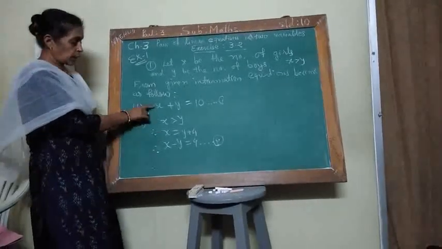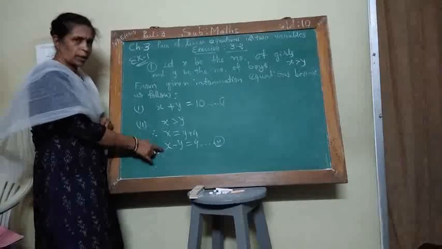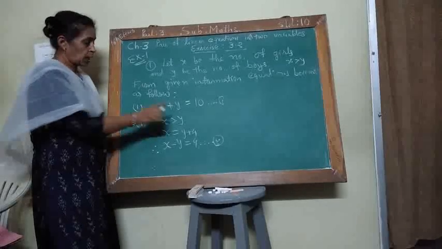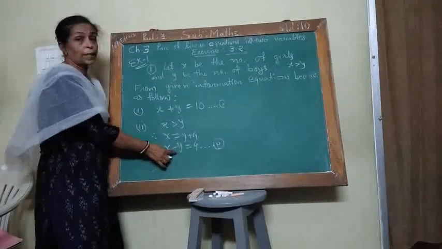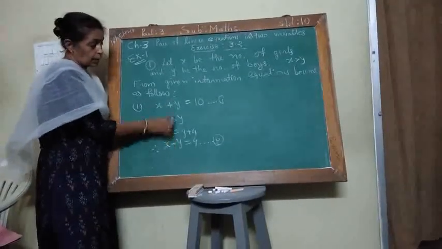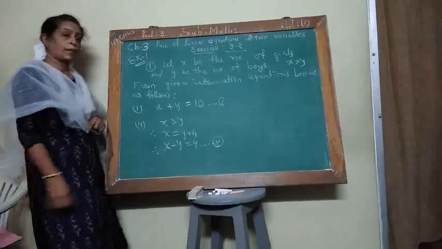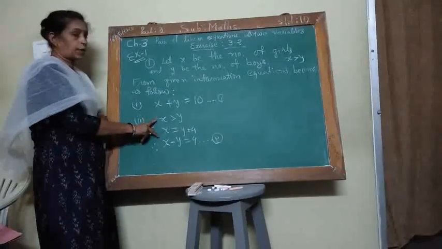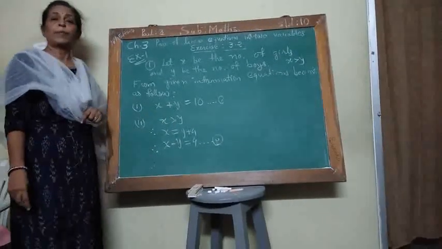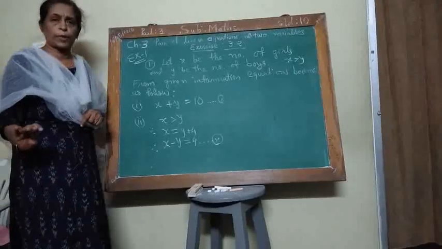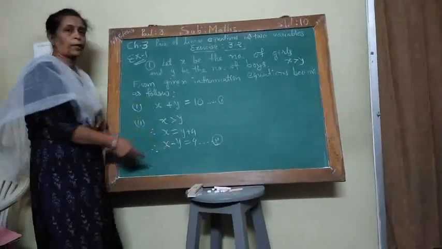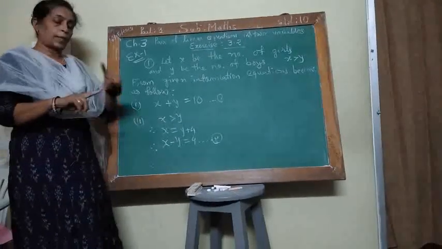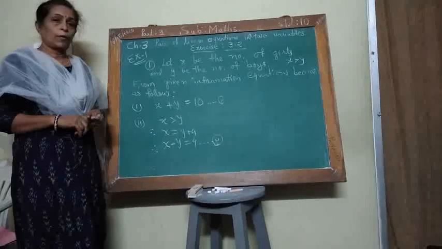Okay? So here a1 upon a2 is 1 upon 1, the first ratio is 1. The second is 1 upon minus 1, which is minus 1, and 1 and minus 1 are not equal. That means a1 upon a2 is not equal to b1 upon b2. Don't bother about c1 upon c2, because when these two ratios are not equal, we get a unique solution. If you draw both lines, they intersect at one and only one point.